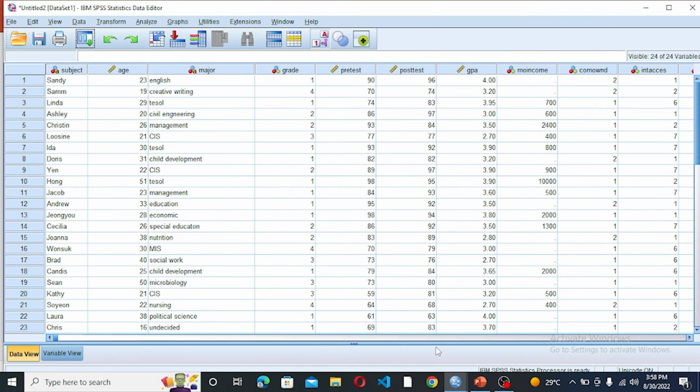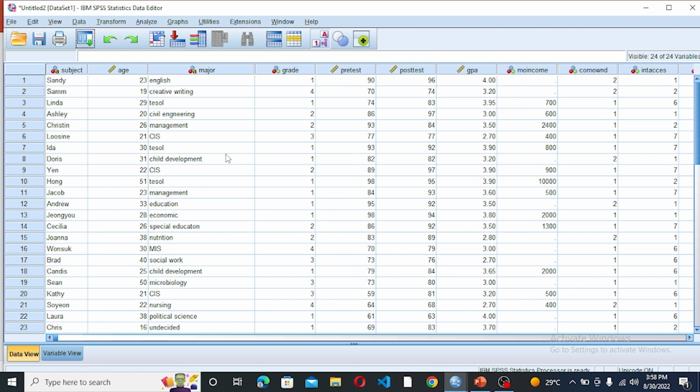Say you have a data set and you have collected the data on a variable, and of course you collected subsequent data. You can use paired sample t-test to test if there is a significant mean difference between the first data set you've collected on a variable and the second data set you've collected on a variable. So let's open our SPSS